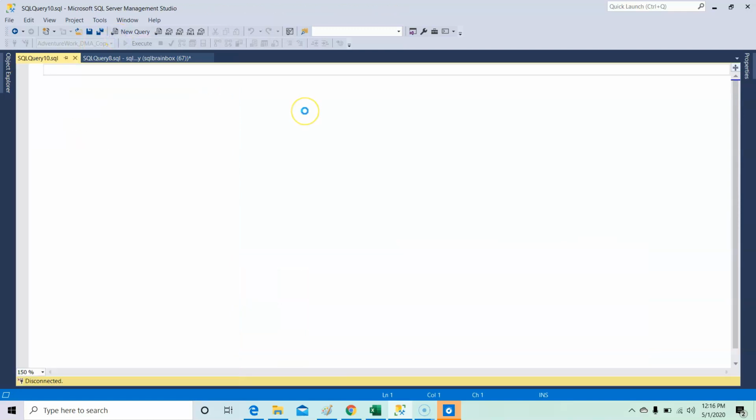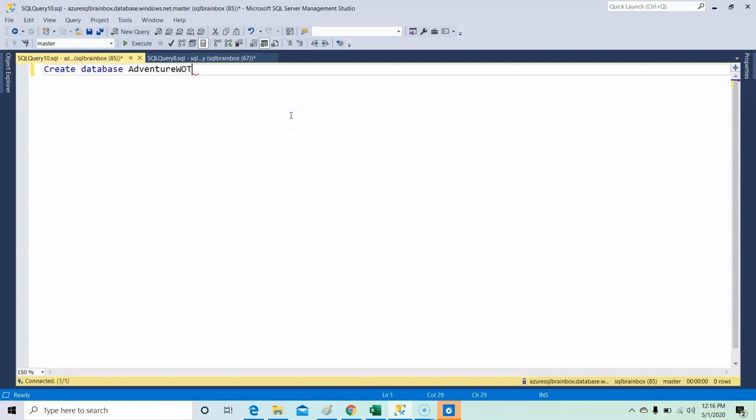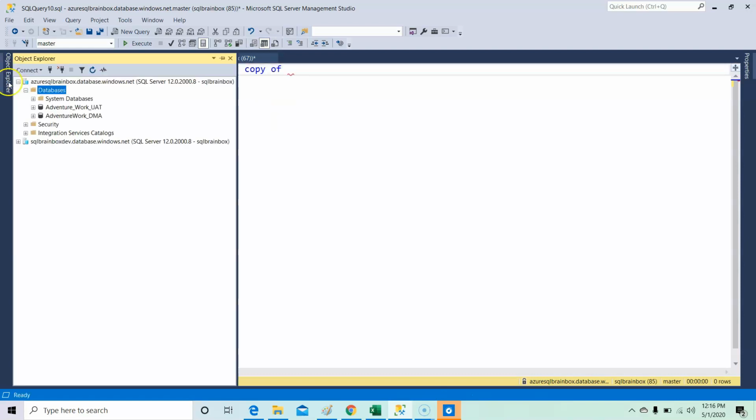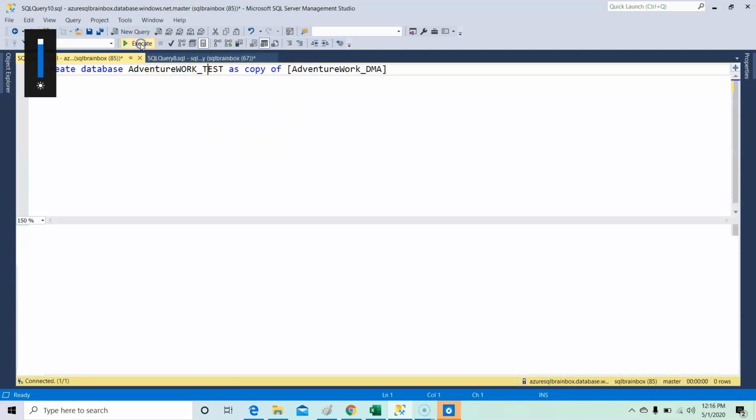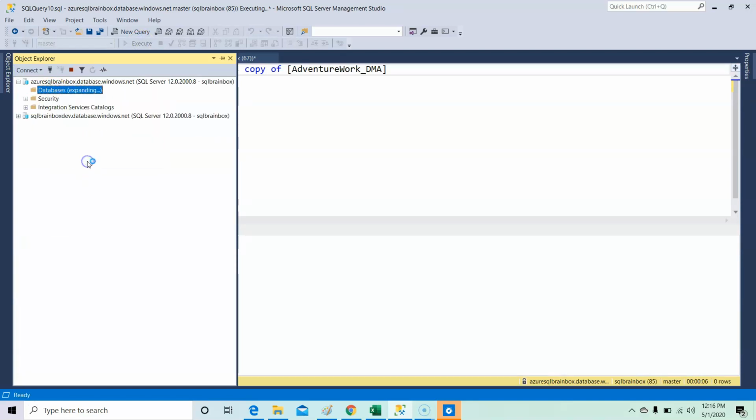Then you can write this command: CREATE DATABASE AdventureWorksTest AS COPY OF my production database name, and click on the Execute button. So you will create the same production database copy in the same server.